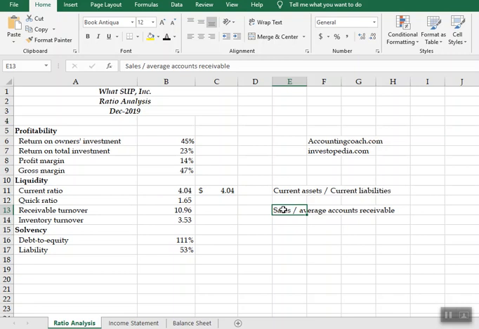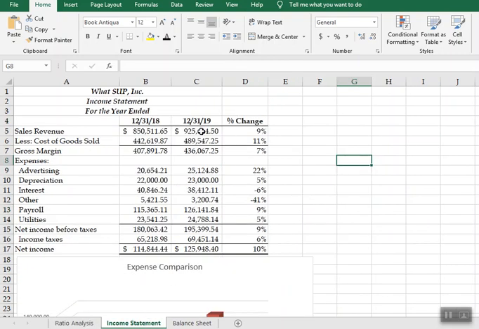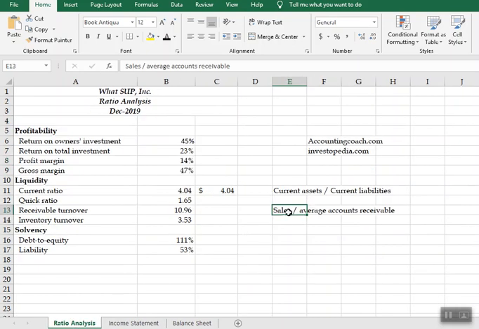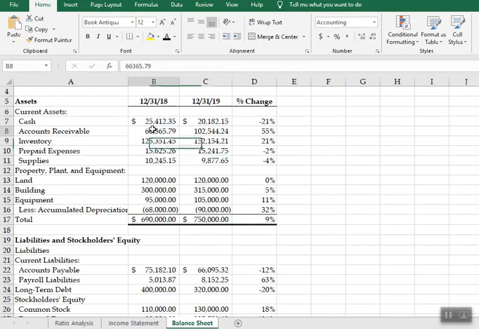Hopefully the text has everything you need, but you can also find these ratios in various other sources. So the receivable turnover ratio takes the sales. Now, sales is on the income statement, right? So we want to take that number, and then the average accounts receivable means the average of 2 years. So we want to go to the accounts receivable, which is on the balance sheet, and we want to average